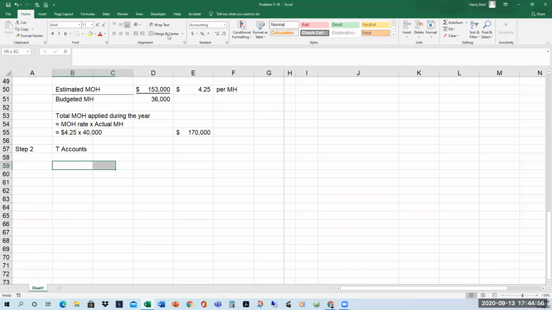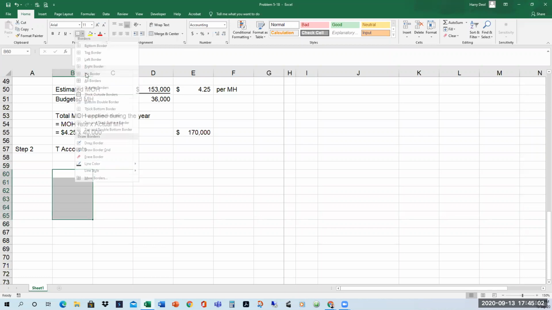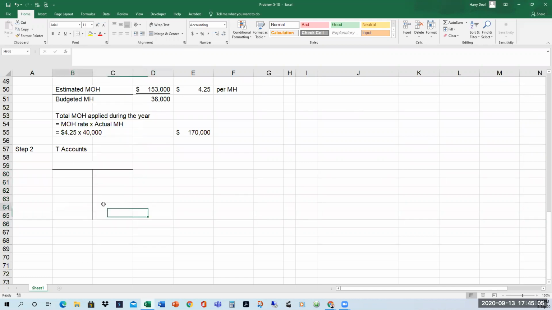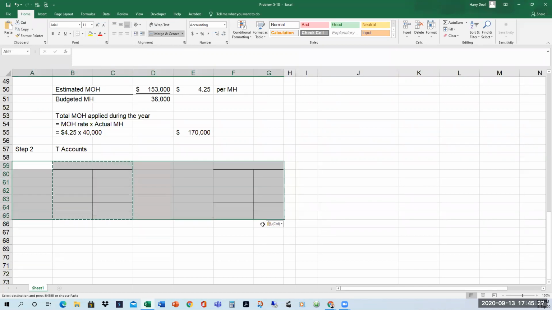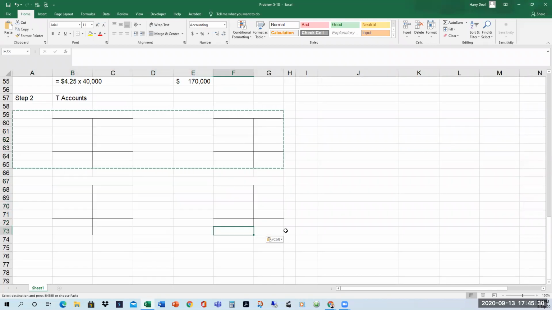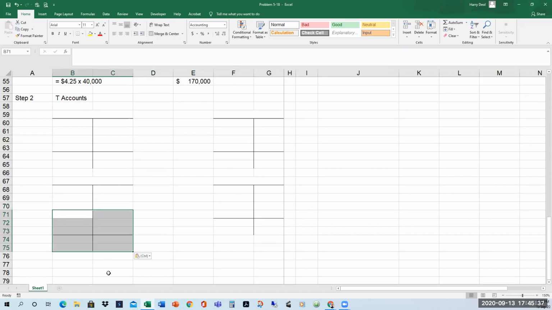And we're going to be making T accounts for raw materials, work in process, and we're going to make a T account for finished goods inventory,